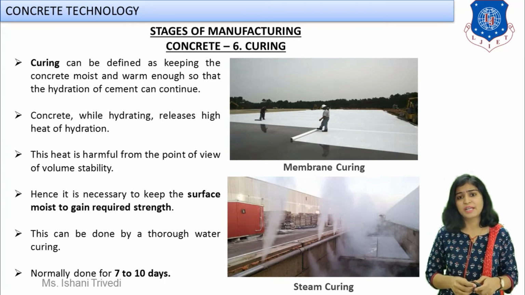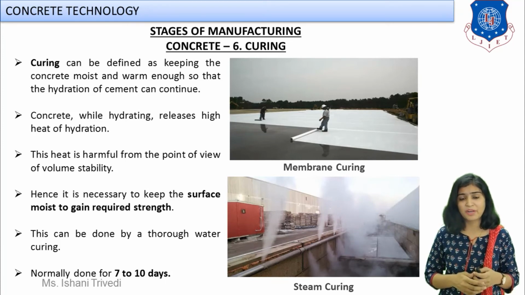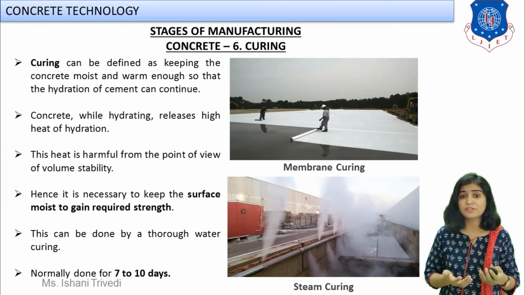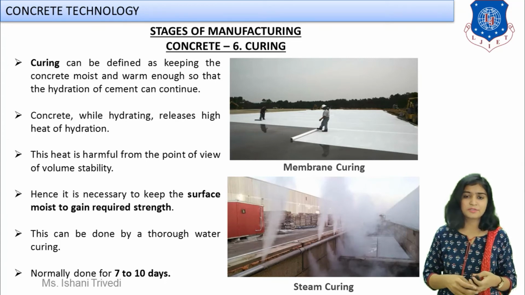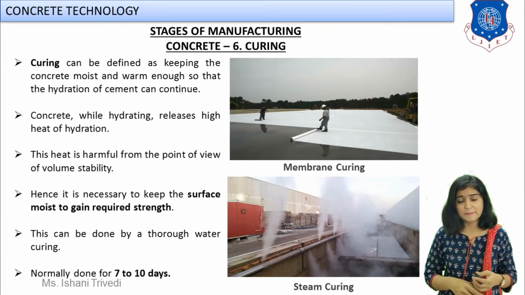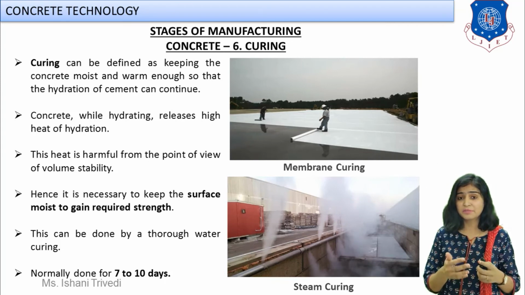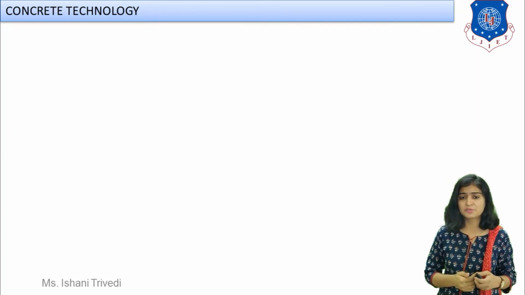And next we have steam curing, in which high pressure steam will be provided to the precast concrete members. This is done not only, but in most cases, for precast sections. A high pressure steam chamber will be created for the same. It can also be done in the open, and this will be an even costlier process, because the 7 to 10 days of curing work will be gained in just 1 day and the strength will be achieved in just 1 day.